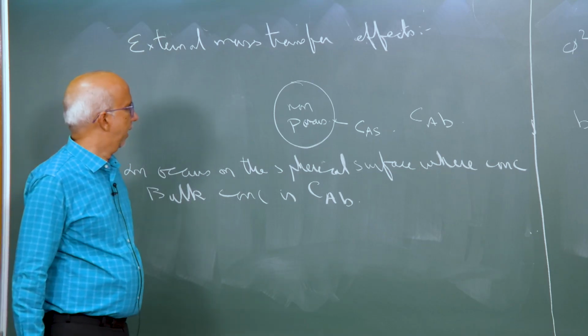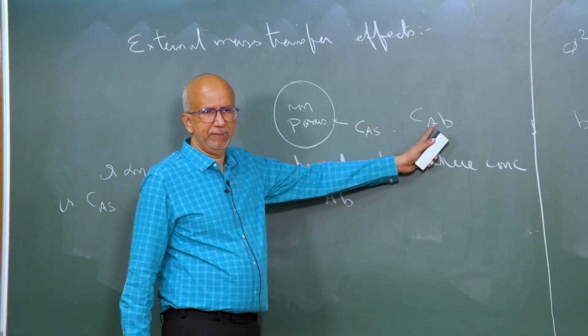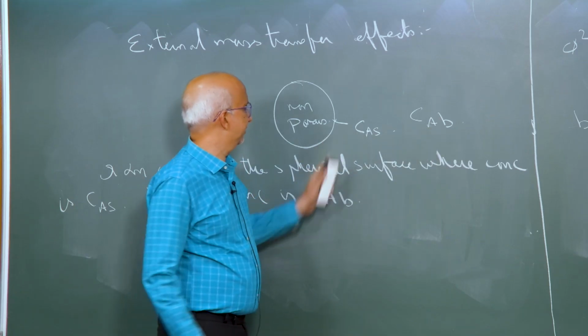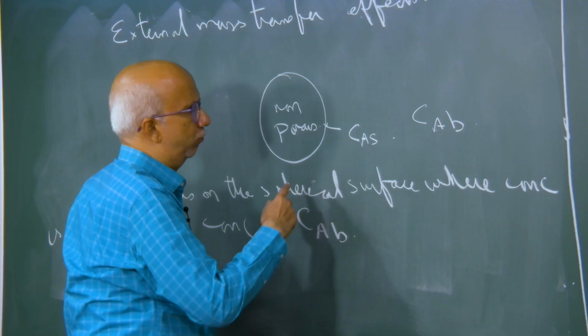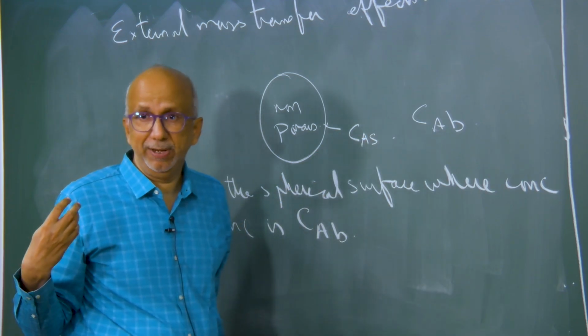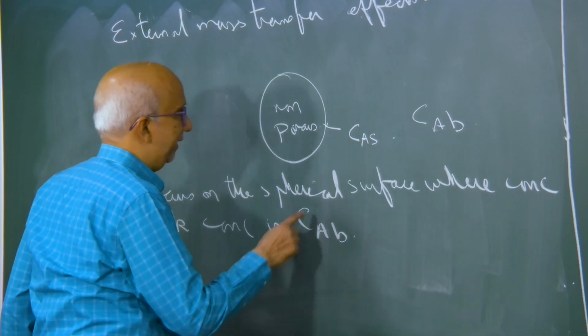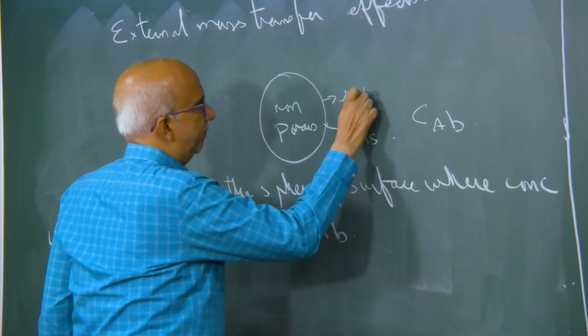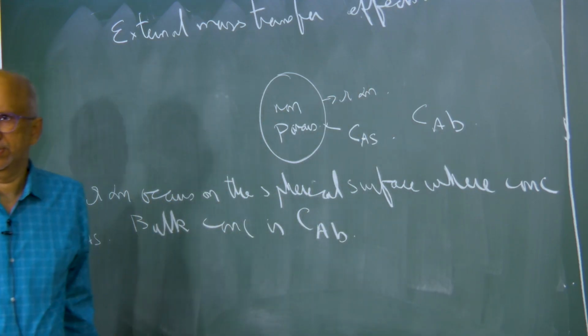Okay. So, the concentration of species A, the reactant, in the bulk is CAB, at the surface is CAS, and there is a driving force which is going to tell you about what is the rate at which mass A is coming to the surface. And then on the surface you have the reaction which is occurring on the surface,